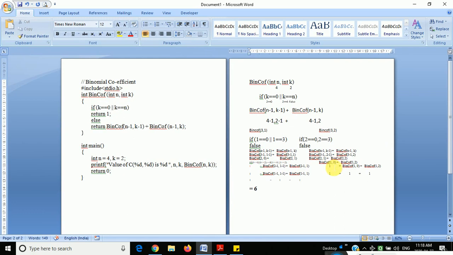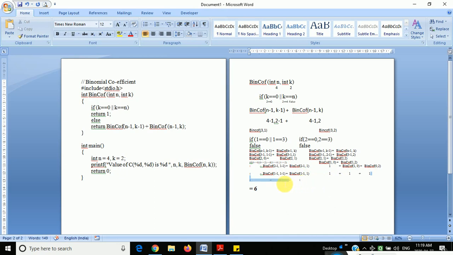If k is 0, it will return 1. Here also 0 is there, return 1. Here also, if 1 is there, it will become 0 and it will return 1. So if the k values are 0, here also 1 minus 1, so 1 plus 1 plus 1 plus 1 plus 1 plus 1.